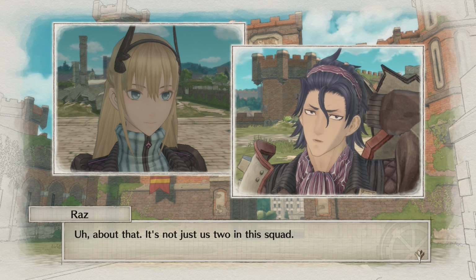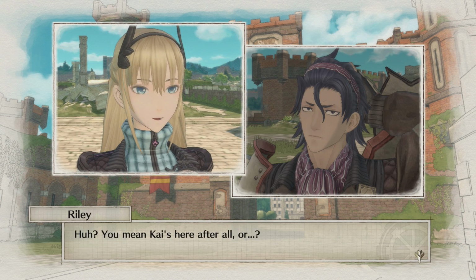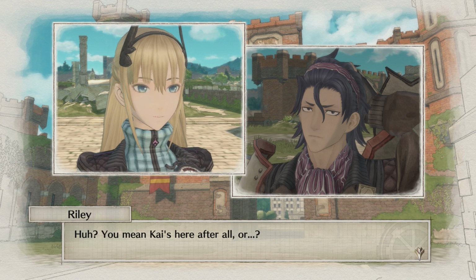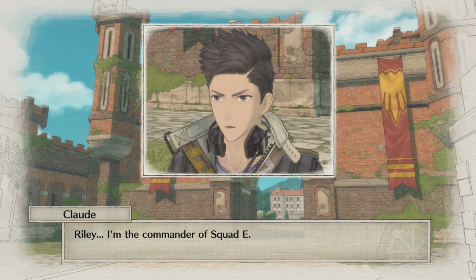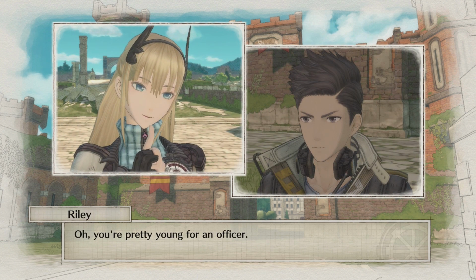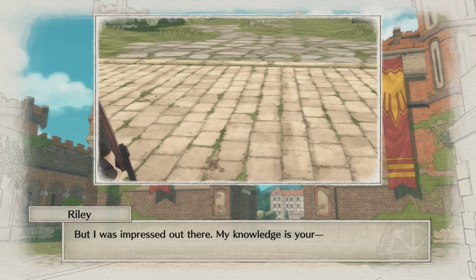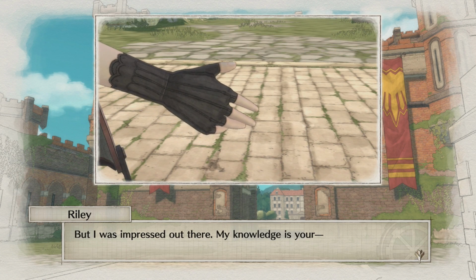About that. It's not just us two in this squad. Huh? You mean Kai's here after all, or...? Riley, I'm the commander of Squad E. Oh, wow, everyone just knows each other. Okay. Oh, you're pretty young for an officer. But I was impressed out there. My knowledge is your...